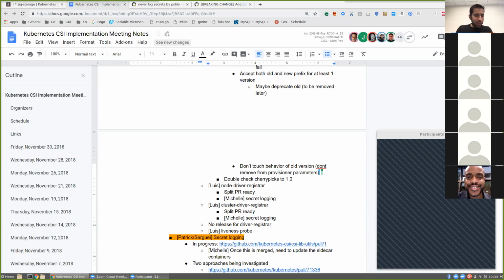Let's proceed. I'll go ahead and LGTM your PR, Luis. You go ahead and get those sidecars generated and end-to-end test them. And then if you're confident, you can give us a signal on Monday. And in the meantime, we'll go ahead and get the secret PRs in the right places. We'll have all three repos.